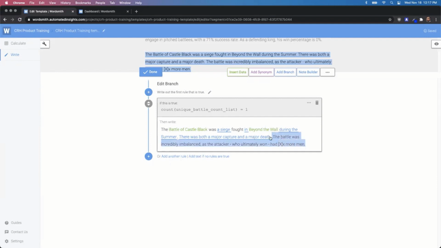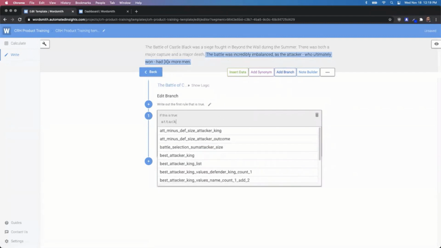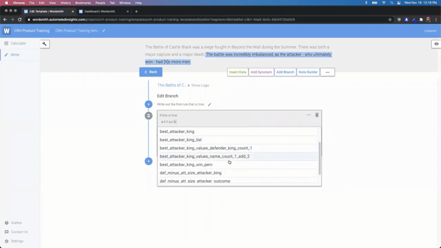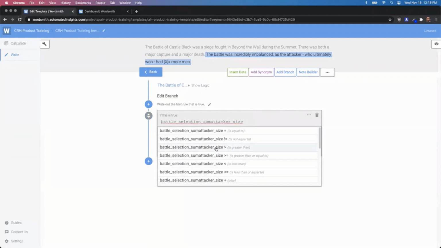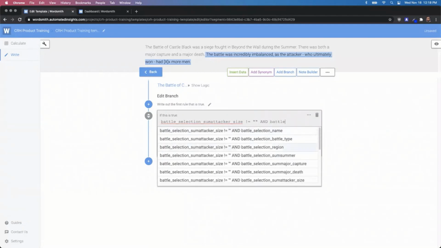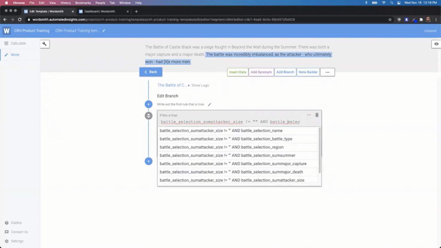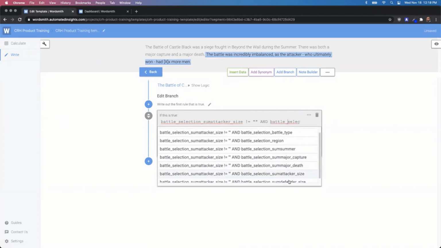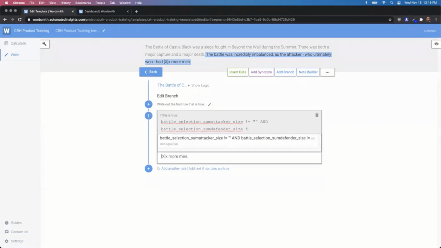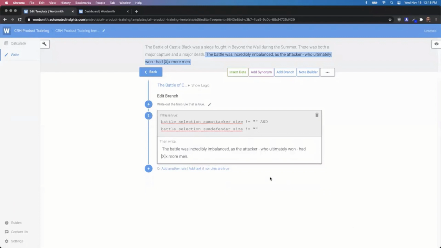So I'm going to pick up the whole sentence, including that space. I'm going to add a branch. And first I'll just say, let's make sure that battle selection attacker size is not null, and battle selection defender size also is not null. All right, and so now